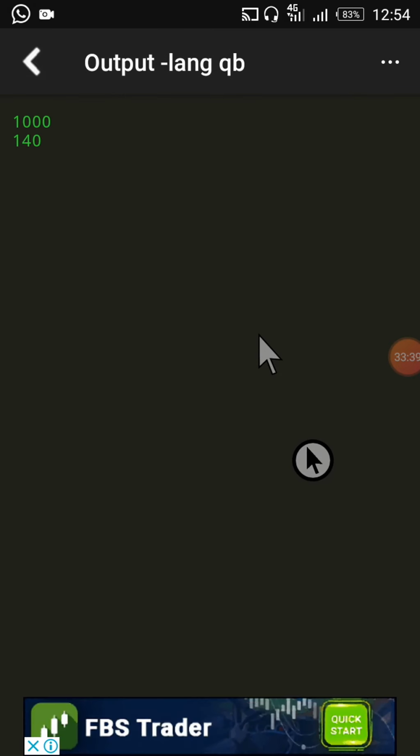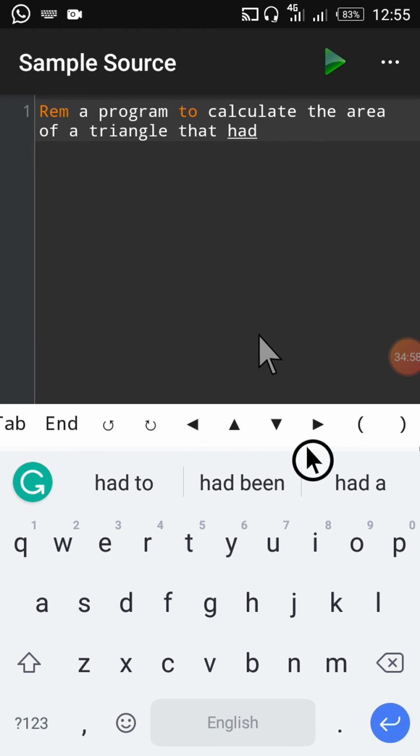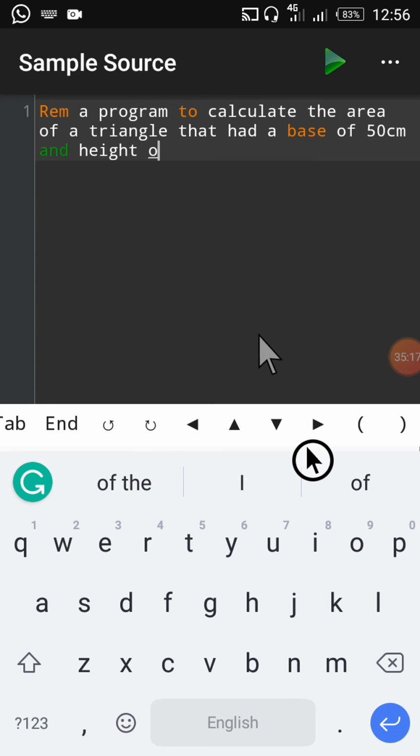Okay, it has come. That has a base of 50 centimeter and height of 30 centimeter. All right, now the first thing I will write to do this is I will put B,